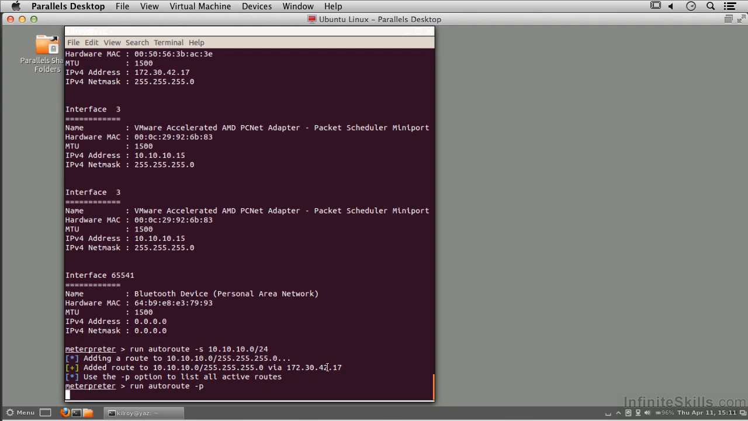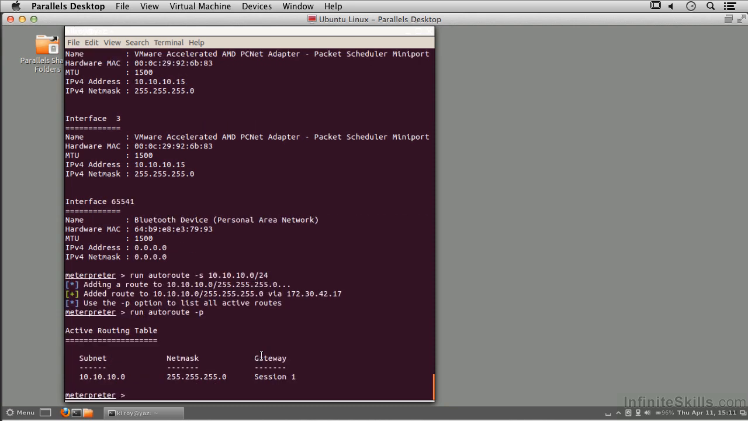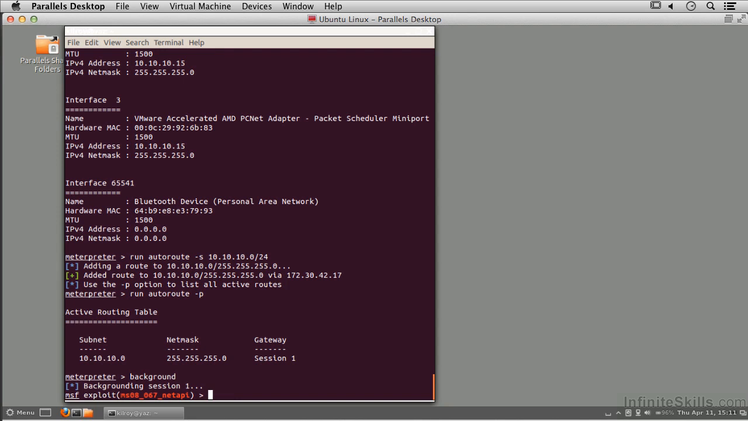And it says via 172.30.42.17. So we're running autoroute again, and we're passing it the -p, which is going to print the routing table for us. And there you can see is the subnet that we actually set up there. So I'm going to send the Meterpreter session to the background, and now I can actually run nmap